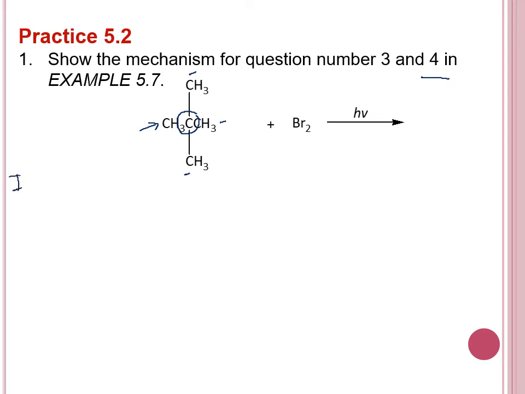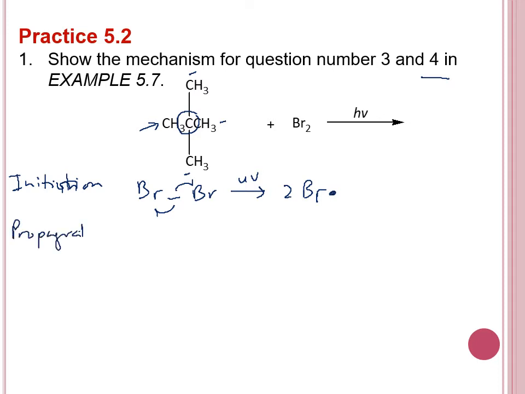Now, let's do the initiation process first. Initiation. Sorry. Of course, it would be the homolytic cleavage of bromine molecule using UV light. So we are going to produce 2 Br free radicals, and then the propagation step would be this